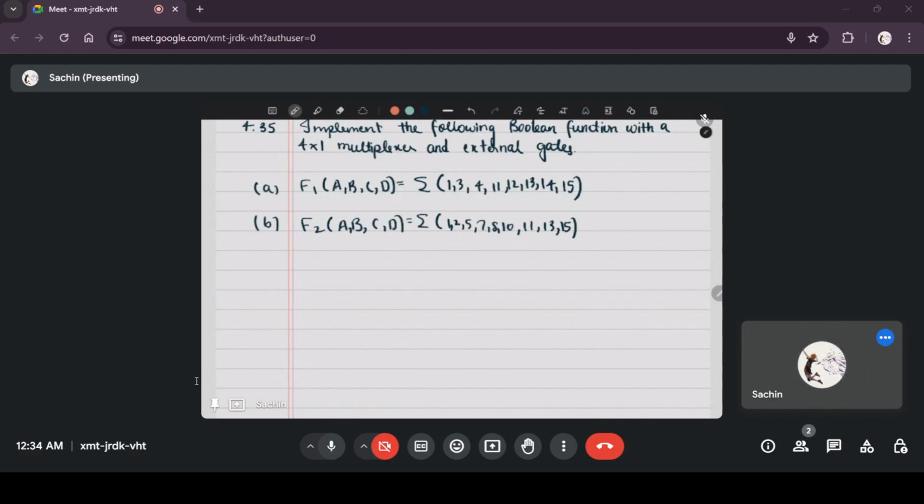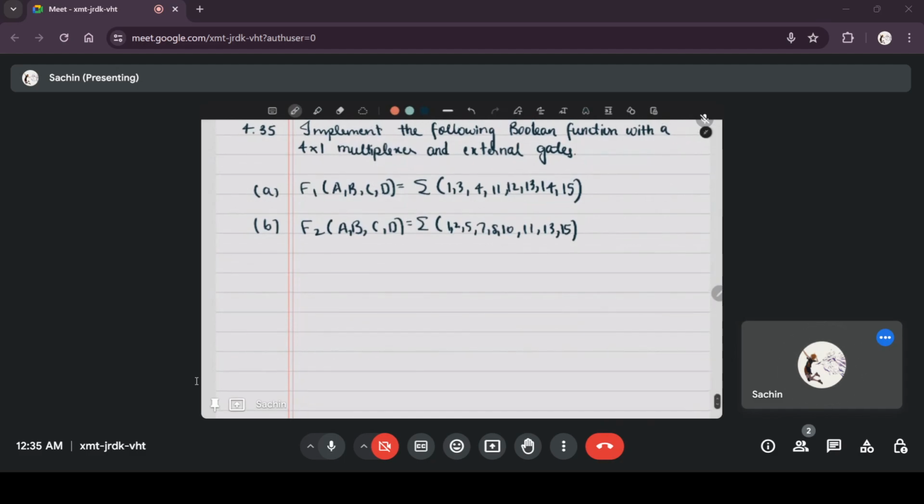It's up to you. You will be able to construct a circuit. Just standard procedure. We'll use the MSB, the two most significant bits, as the select lines. A and B are the select lines, so